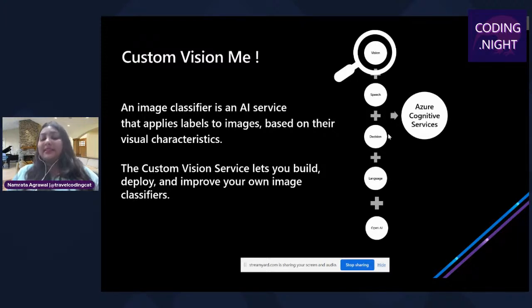Next is decision, which actually helps you understand the insights and then gives out the decisions that you could make. That is pretty obvious: if you have a Decision API, it could definitely give you some pretty good insights about what could be a better product to purchase based on the analytics and forecastings of the previous year. So that could be a decision where you can think about where you have to invest.